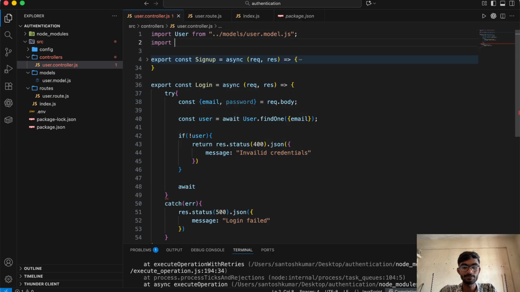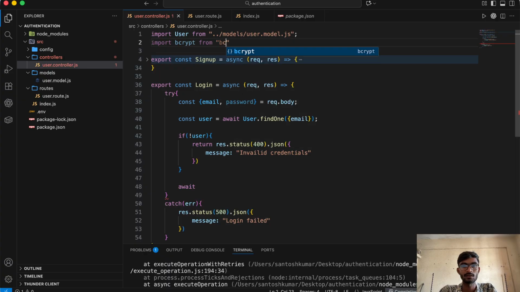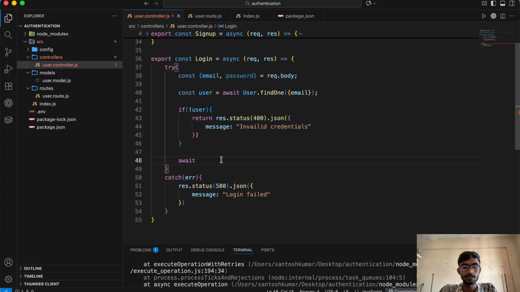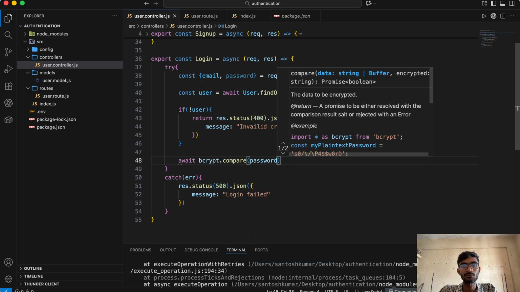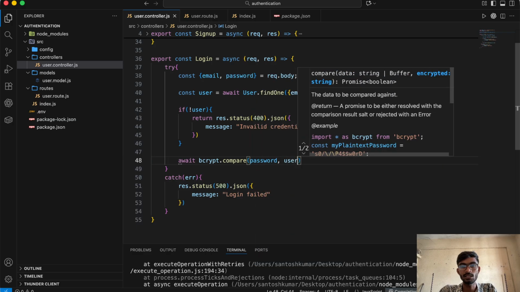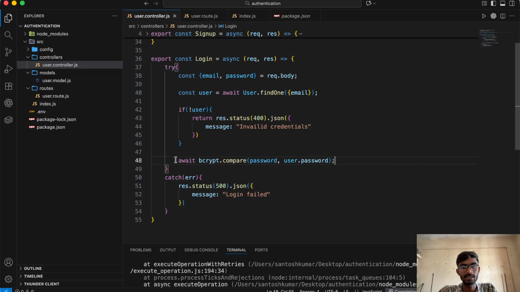So import decrypt from decrypt. Okay, and the decrypt dot compare function is called compare, and here I pass the password, which is equal to user dot password. Okay, and if it is matched,